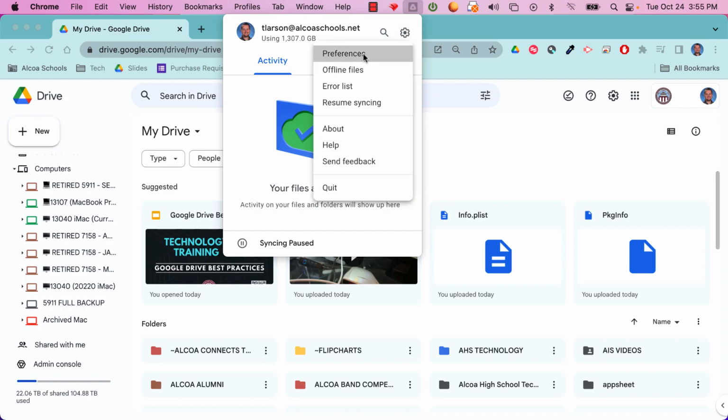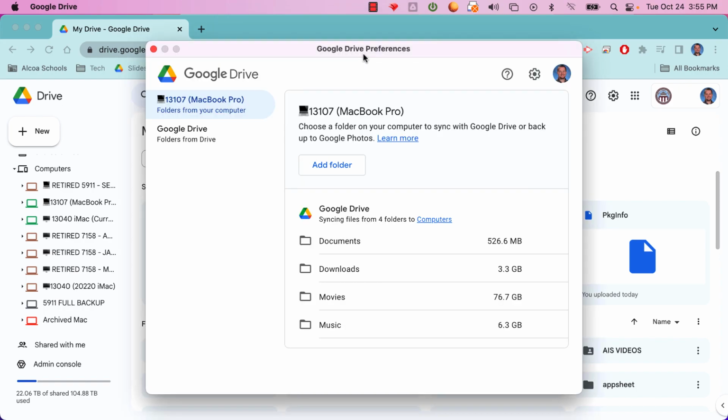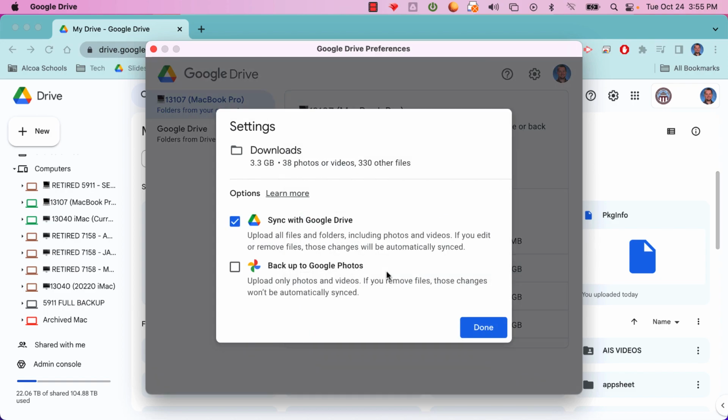Okay, and then from there, you're just going to go to your preferences. Let's say you pick a folder, but you decide this is not working for me. I don't want it to go. Undo it. Well, in this case, if I choose it, I'm just going to uncheck that and then click done. You don't lose anything. It just stays back in its place. It stays on your computer. You're not storing it anymore on